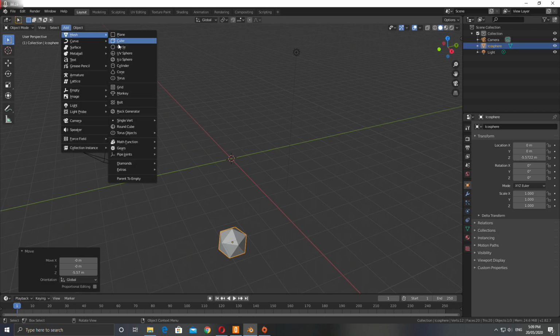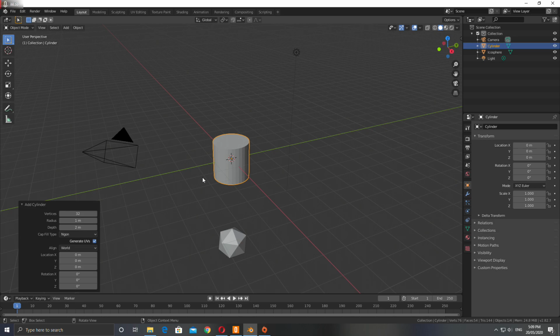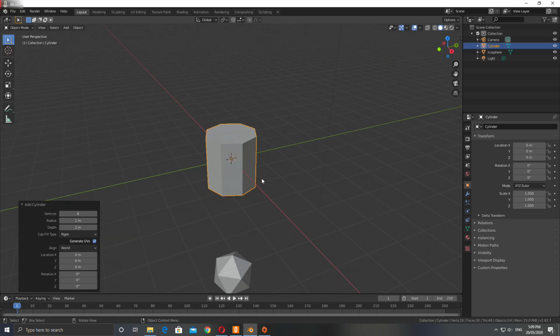Then I'm going to add in a mesh, and it's going to be a cylinder. I'm going to turn this down to about 8, and you'll see why shortly. And then I'm going to go into edit mode. Now, currently we've just been working in object mode, moving objects around, adding primitive shapes, but now we're going to